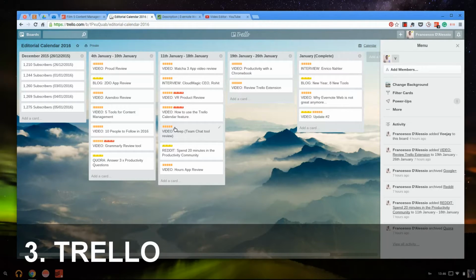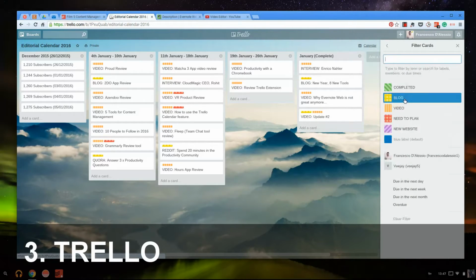I've been using it at the end of 2015 and 2016 to really drive some of my visual productivity. So here you can see what my general editorial calendar looks like. I plot it out as best I can for January and look forward to February, etc. And this is a really good way, using the filter system, to see all of the blogs I needed to write, all of the videos I needed to write, etc. I could see it at a glance, which is really, really powerful.